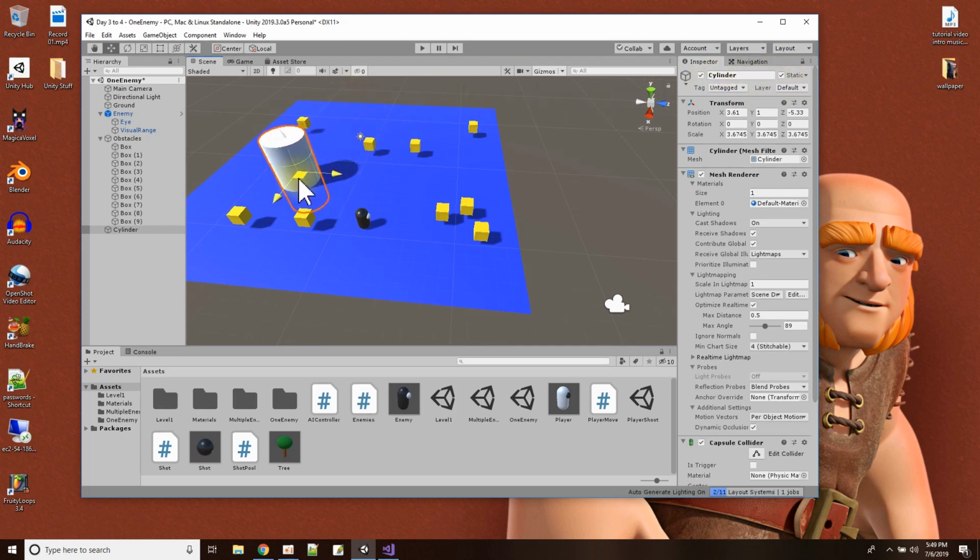So no matter where I put this cylinder in my scene, and no matter how I make it, I make sure that it's static. When I go back to my navigation window